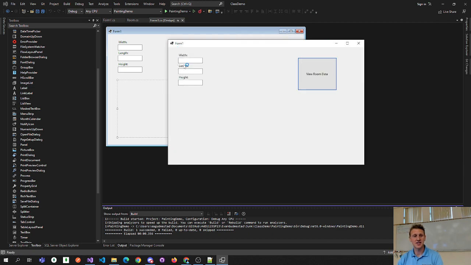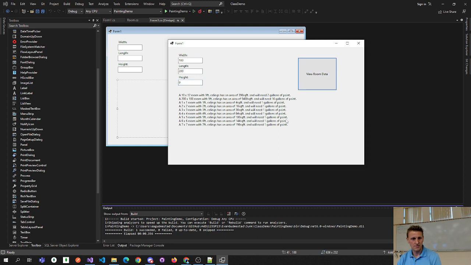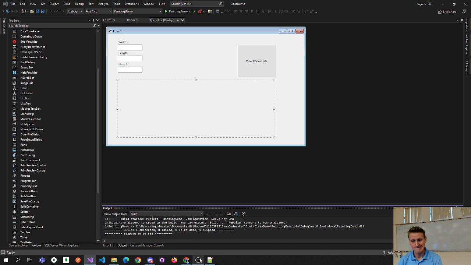And of course, I still need to input my data, otherwise it'll crash. But because all of these rooms are so small, they only need 1 gallon of paint. Because anything under 350, we'll do that. So now we've got 9 rooms. If you really want to go above and beyond, you calculate how many